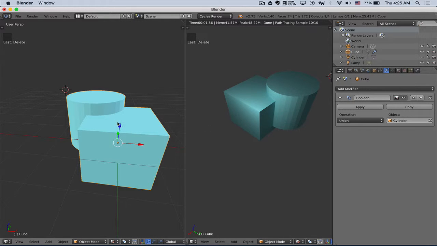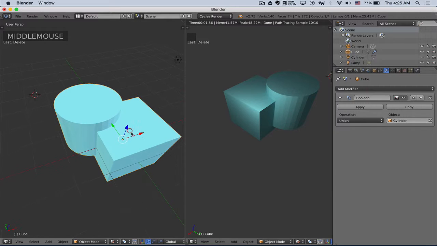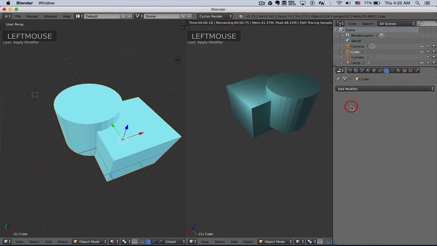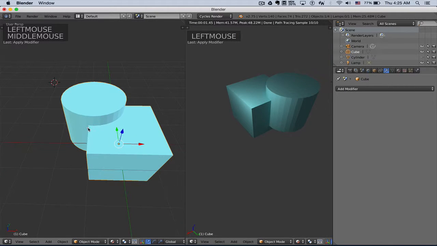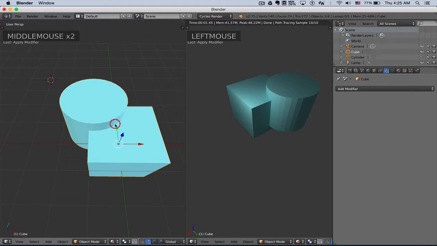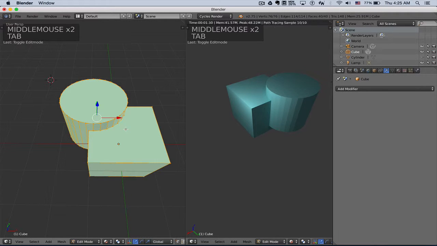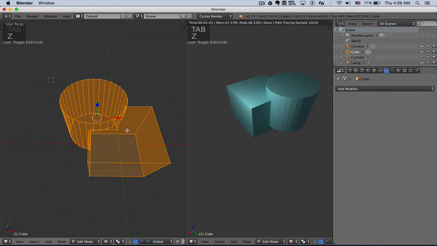And that's pretty much it. They're pretty solid. What you will see is that if I were happy with this, and this is what I was going for, if I were to click apply, the true magic in here is that if I went into edit mode, and I'm going to go into wireframe mode,